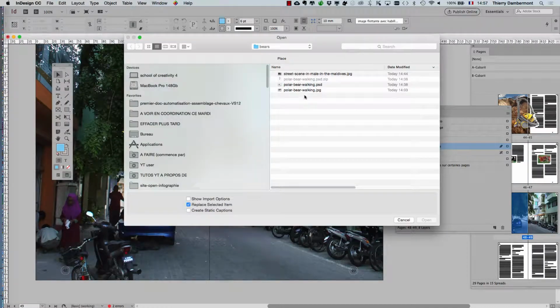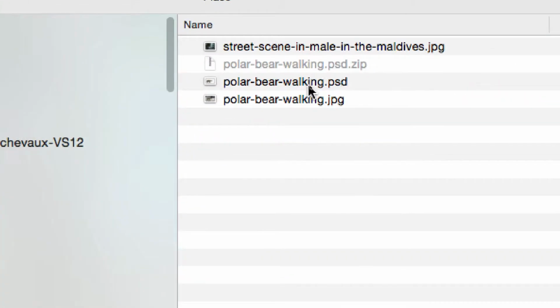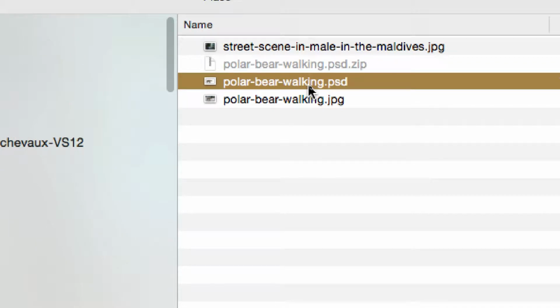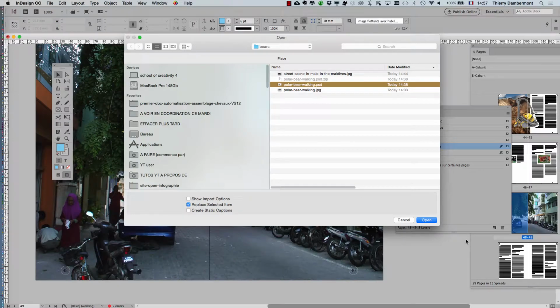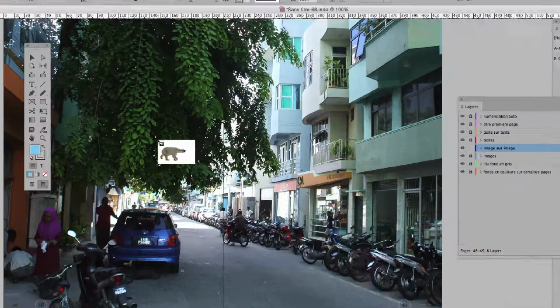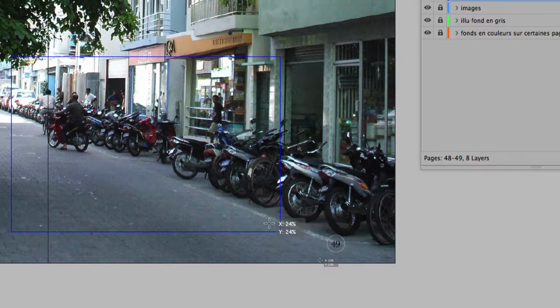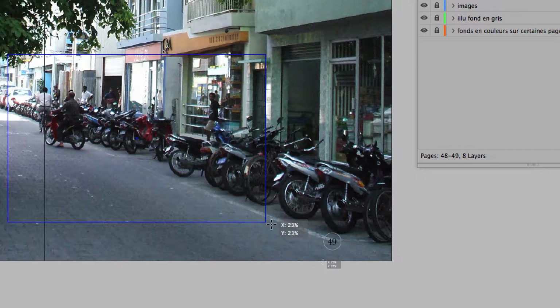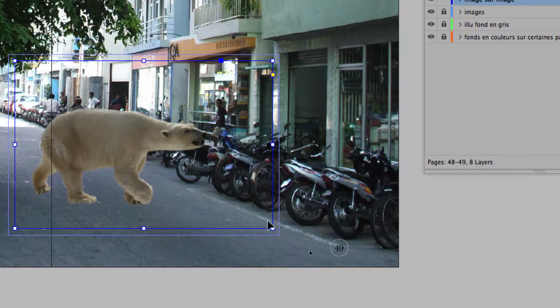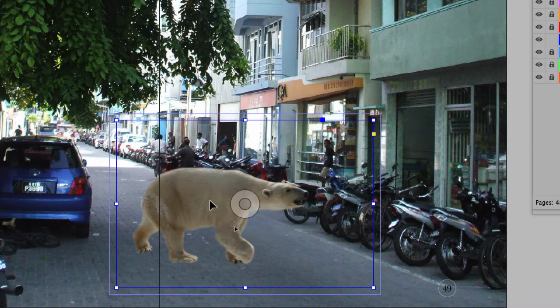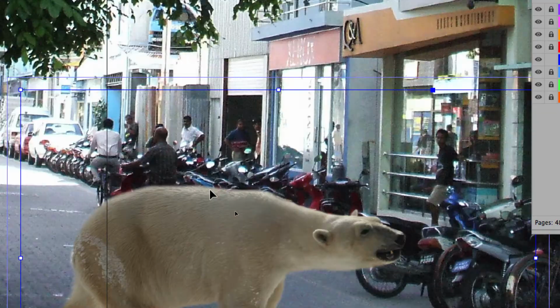So let's go into File Place and go fetch the PSD file, not the JPEG. We forget about the JPEG right now. We don't need it anymore. You will use the PSD file. So File Place, and then this is it. You have to click and drag in order to set the size while placing the picture onto the layout. And this is it. You have a polar bear with